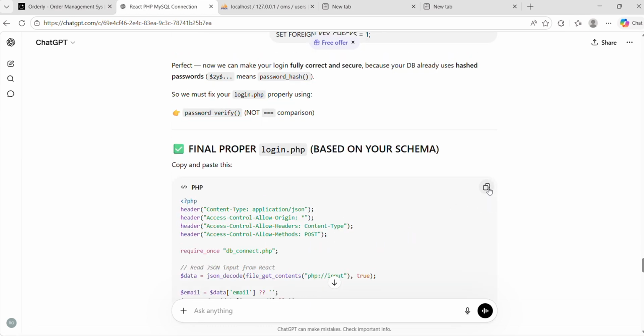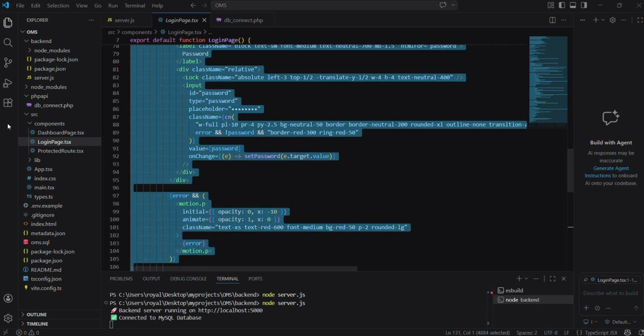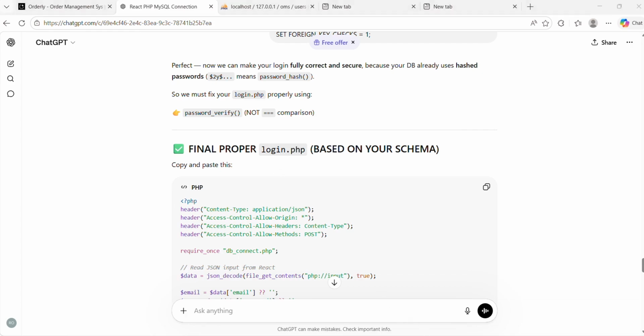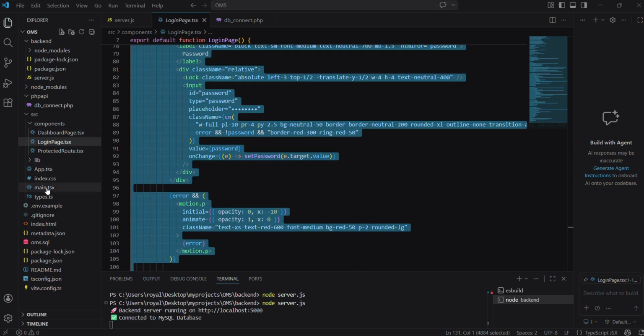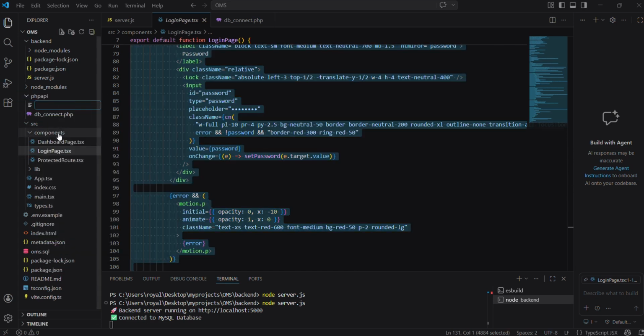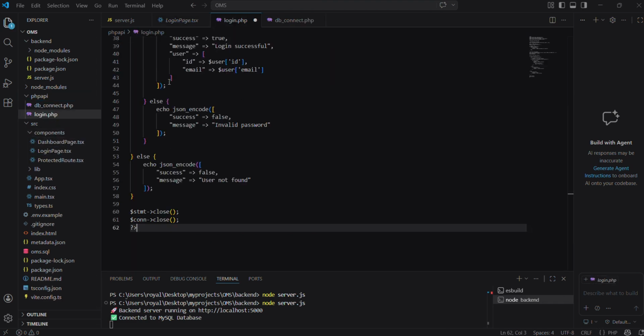I'll get back to that one. Copy. We'll need to create a new login.php because as you see, login.php. So you go into your API, PHP API, new file, login.php. Paste it